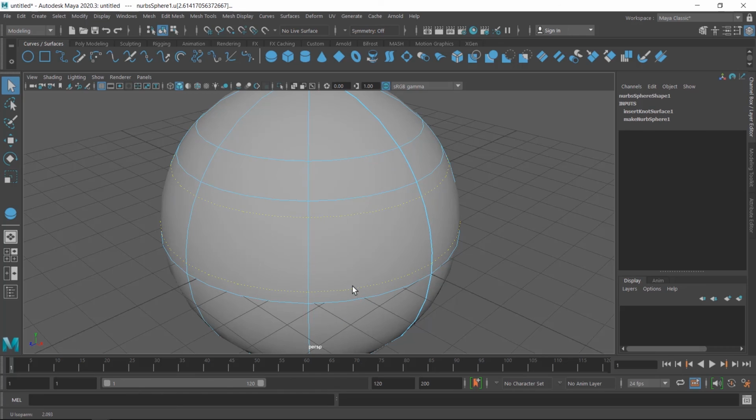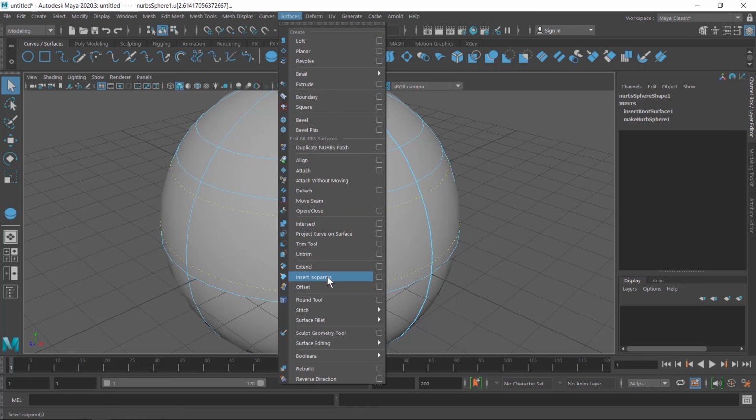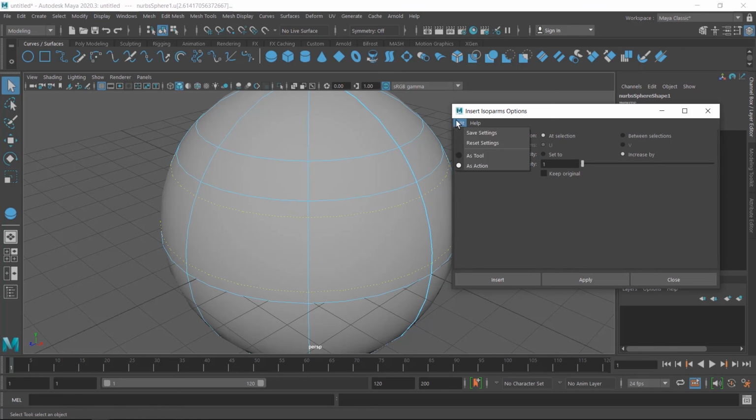And in case you want to add more isoparms between these selections, go to the surface menu and then click on the insert isoparm settings button. First reset these settings. By default the insert location is at selection and the second option available is between selections. So in case you want to add more isoparms between these selections, you can choose the second option.